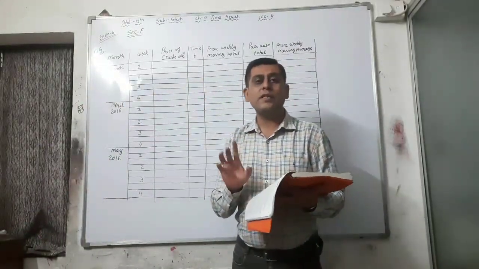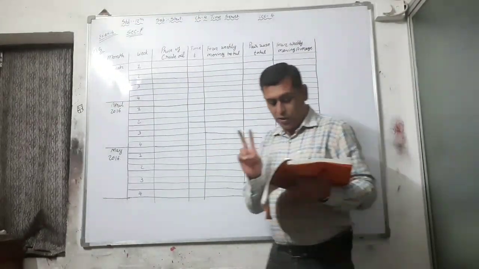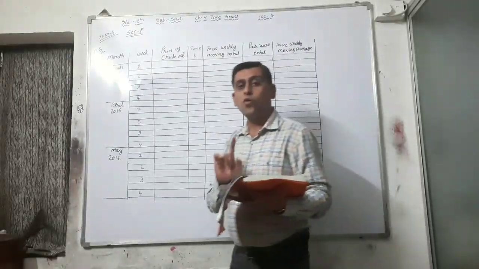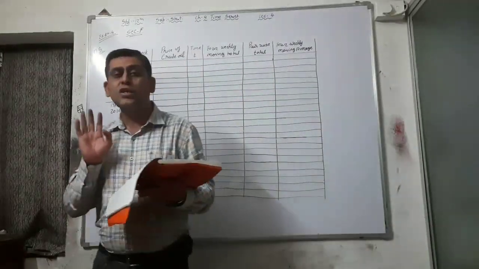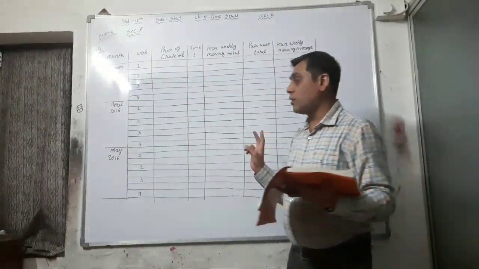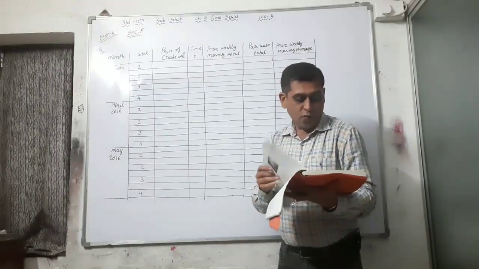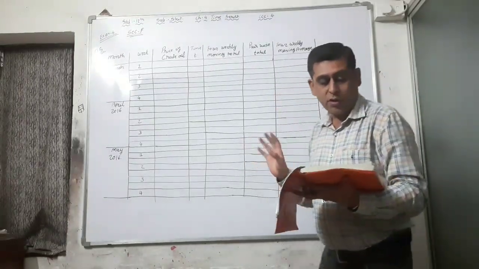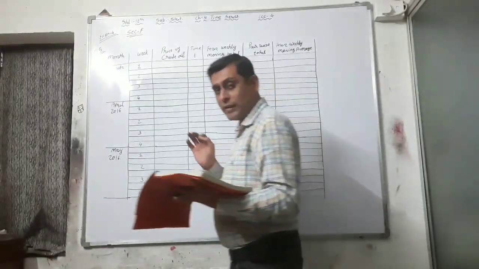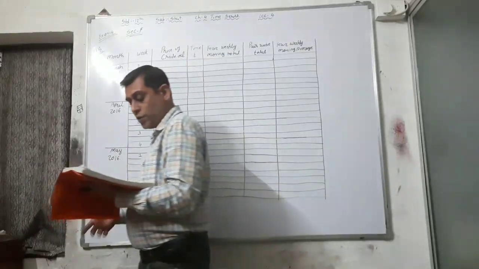See, in this question, first of all, see this. Sections A, B, C, D, E are complete. In section F, question number 2 and question number 5 are 4 yearly or 4 weekly moving average. So in this chapter, only 3 sums are there: illustration number 10, section F, question number 2, and section F, question number 5. And section F, question number 5 is somewhat difficult because the figures are given in decimal points. That's why I am doing that question right now.